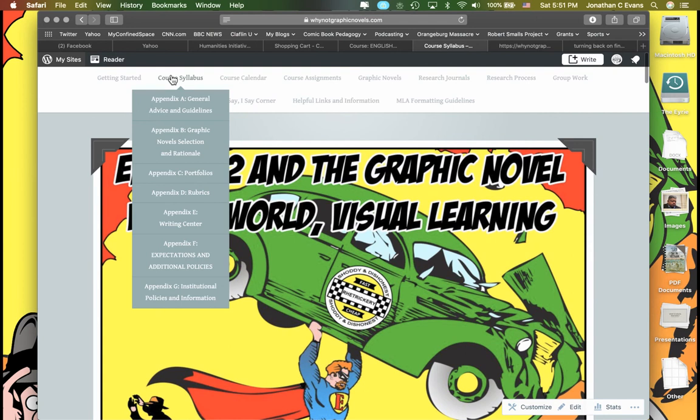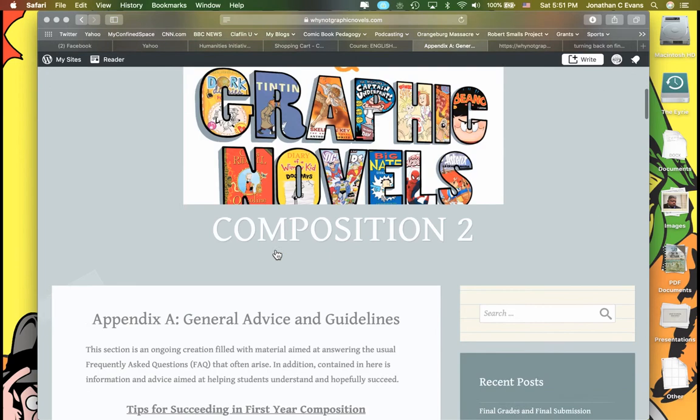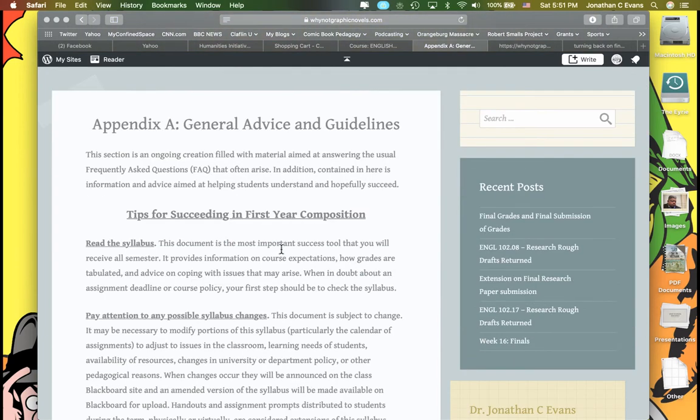There is some additional material. First of all, I've got Appendix A, Appendix B, Appendix C, D, E, F, and G. I just want to briefly touch on those. Appendix A, I'm not going to get into this, but this is just some general tips for success in, say,